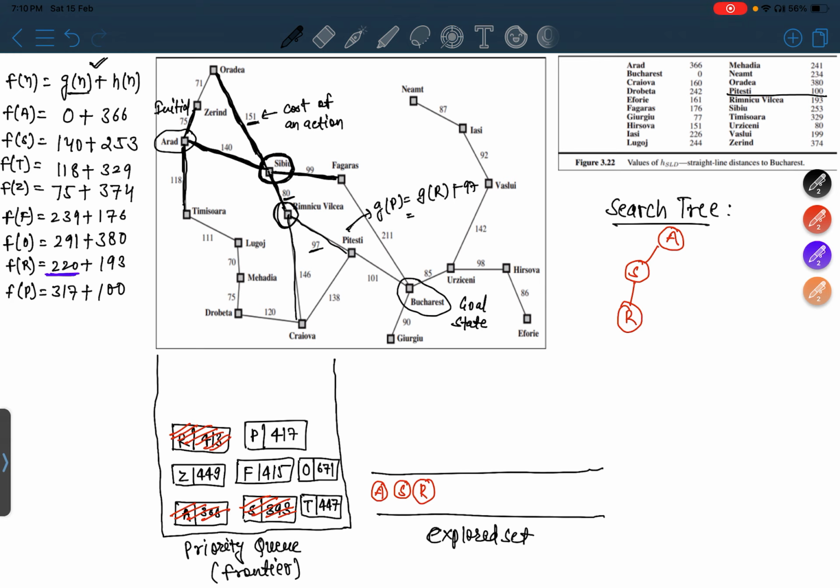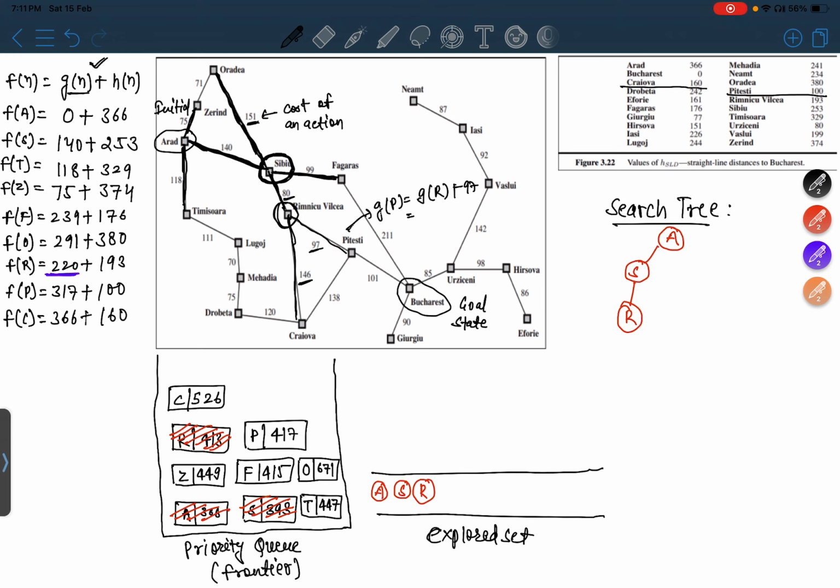ठीक है। And let's talk about c, similarly f of c क्या होगा, g of c, तो g of c क्या होगा, g of r प्लस 146, तो g of r क्या था 220 प्लस 146, this will be 366 प्लस h of c, तो h of c क्या है 160, तो this will be 526, so our c will be added with 526,